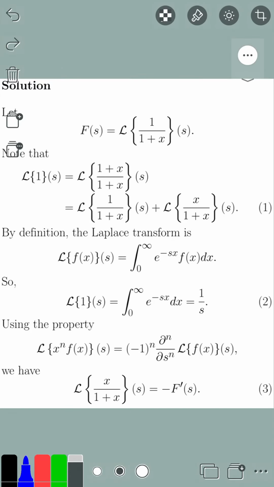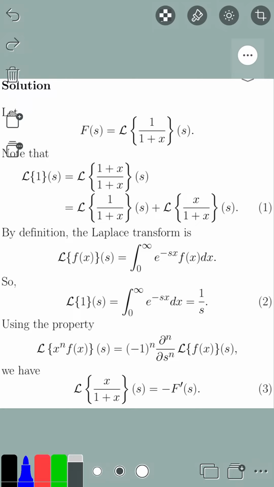Hello, this is DVKT Math, and in this video I'm going to show you how to find the Laplace transform of 1 over 1 plus x. The Laplace transform of this function is not really common, and the result will be in terms of some non-elementary functions. So, to find the Laplace transform of 1 over 1 plus x, first notice that